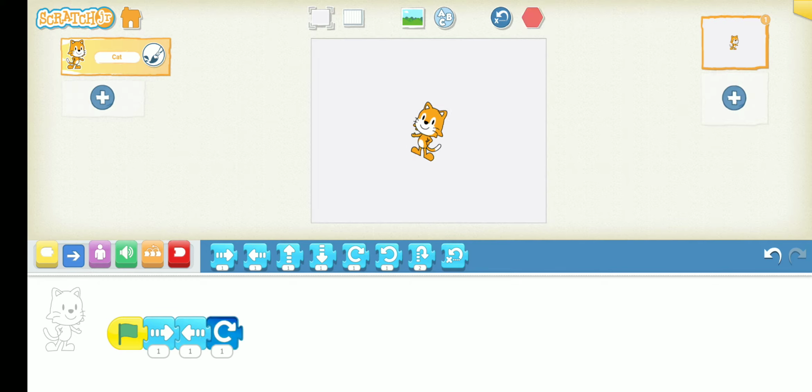Just click on it. Can you see it moved forward, backward and took a right turn? Yes. So the start button is very important to start your program. Otherwise, we just dragged the block and that is also fine, but I will suggest you use the start button to start your programming.